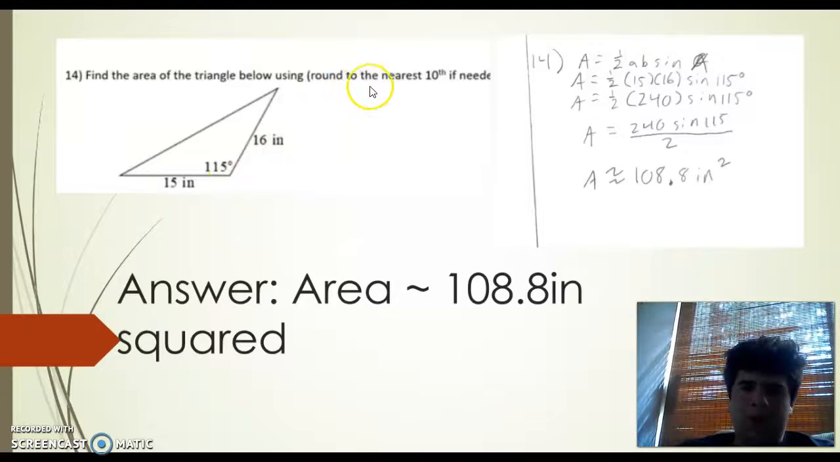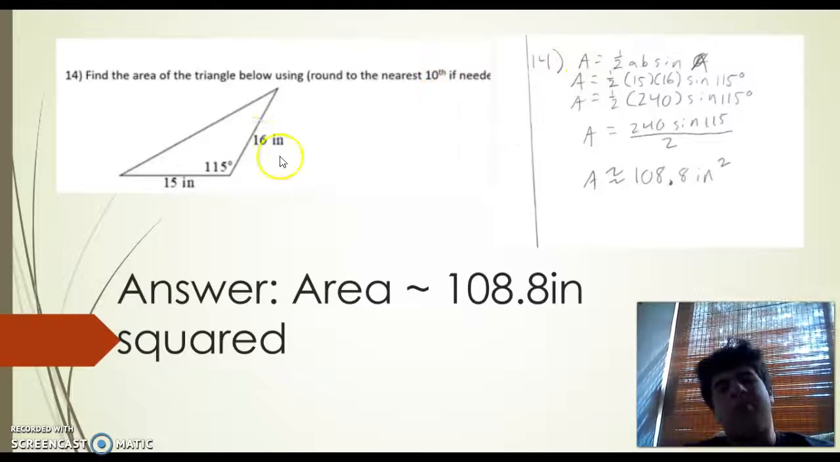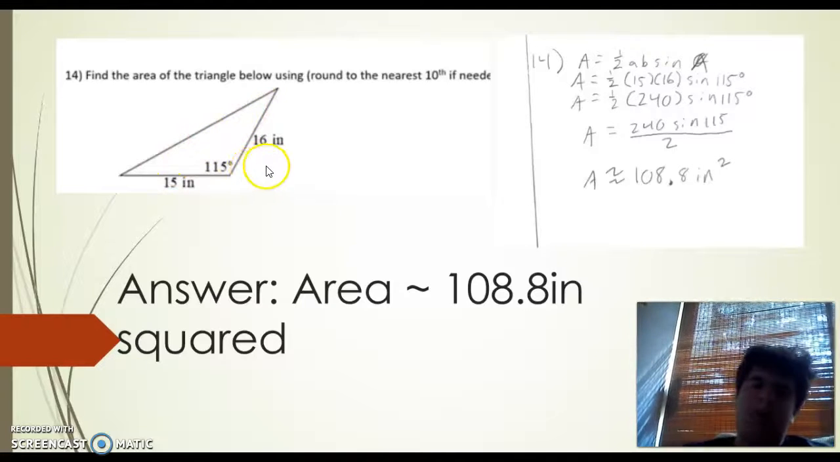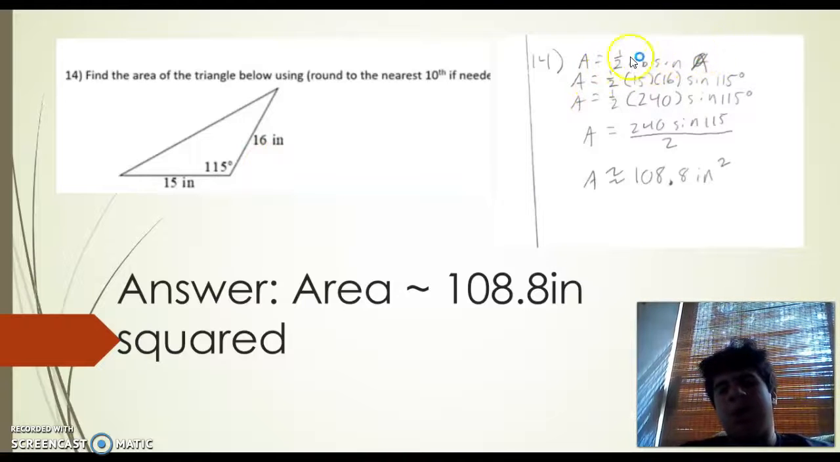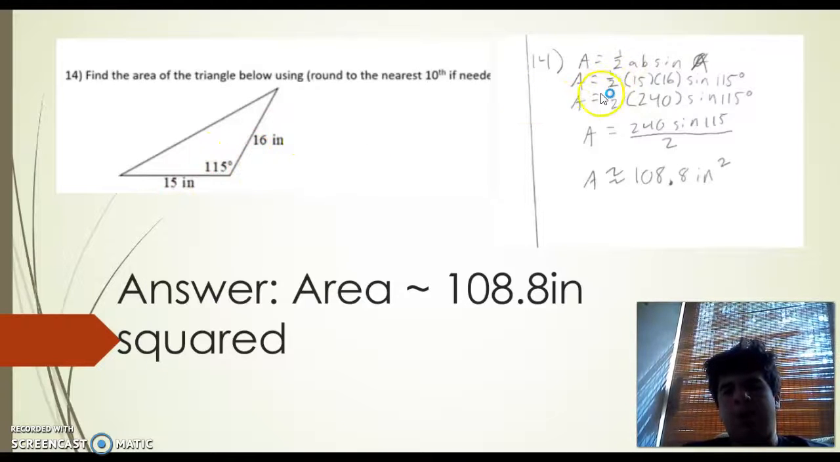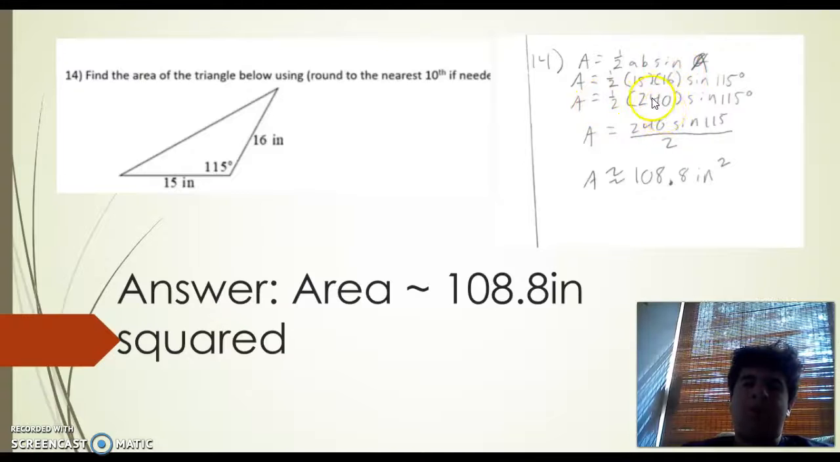Last one, find the area of the triangle and round it to the nearest tenth. So the area formula for a triangle that doesn't give you the base or the height is usually area equals 1/2 ab sine C. So it'd be area equals 1/2 AB sine A. So this would be sine A, and these would be AB in this situation. So 1/2 times 15 times 16 times sine 115. Then this simplified to 40. Then 1/2, so multiply this, divide by 2. Area is about